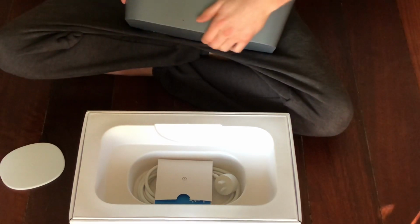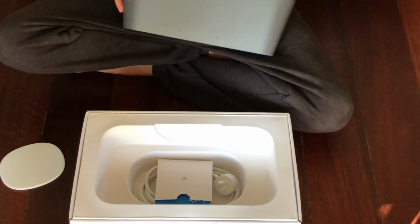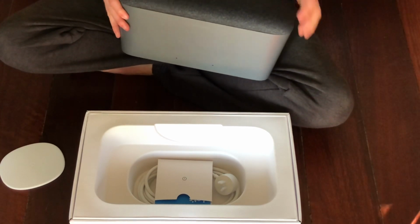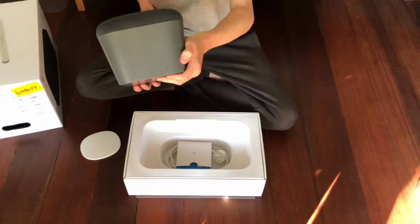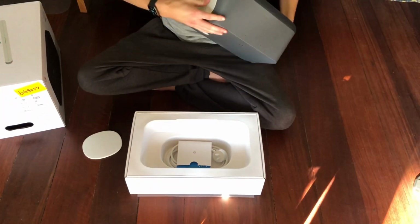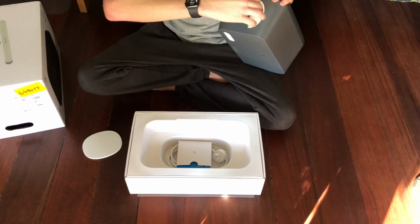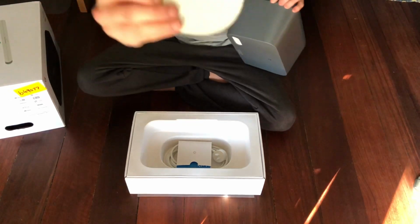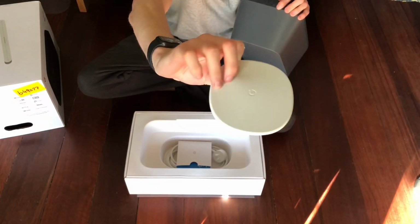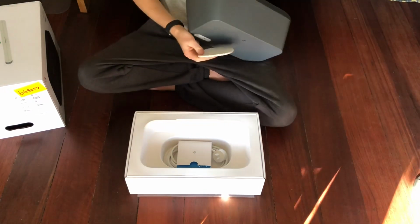So you can slide it to change the volume, tap it to play or skip forward through music. You've got your microphones on the side, on the top. Pull that off as well. So this is your magnetic base here. You left it on the